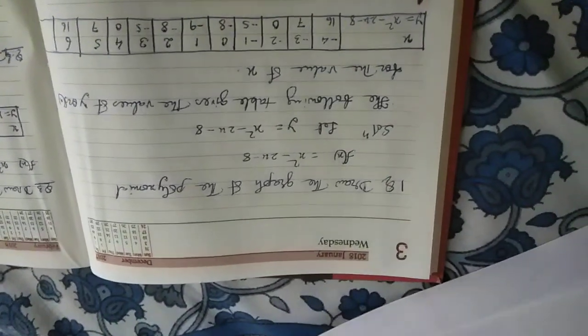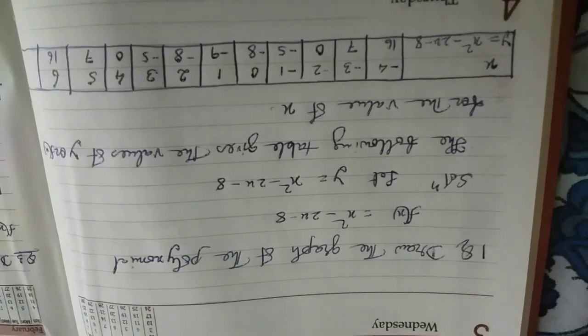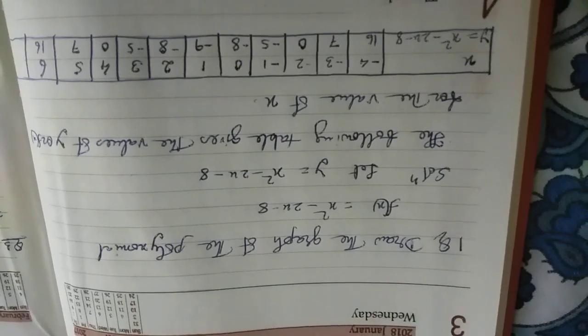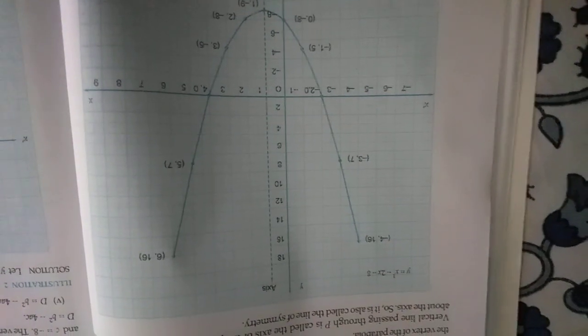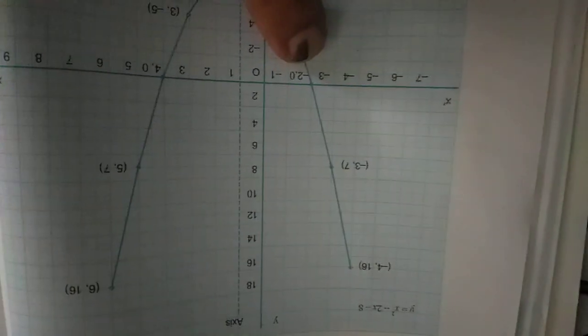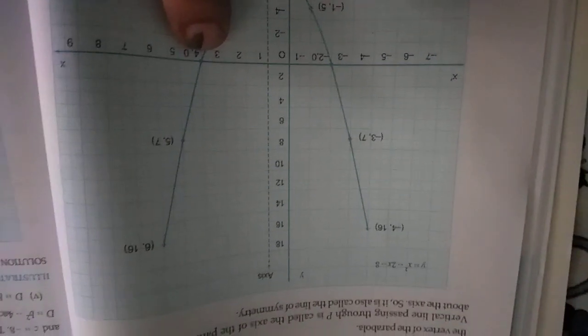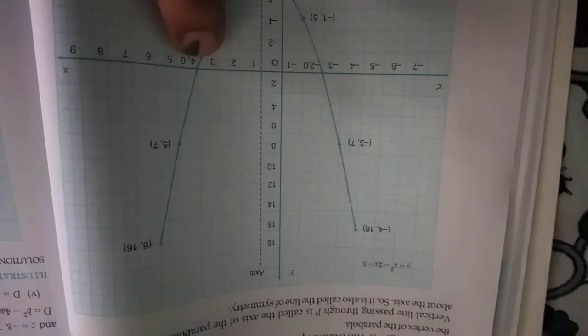And if we draw the graph of this polynomial, then we obtain the graph like that. This is the graph. You have seen. This shape is called a parabola, and you have seen that this graph intersects at 2 points. One is at (-2, 0), and one is at (4, 0). So these two are the zeros of the polynomial.